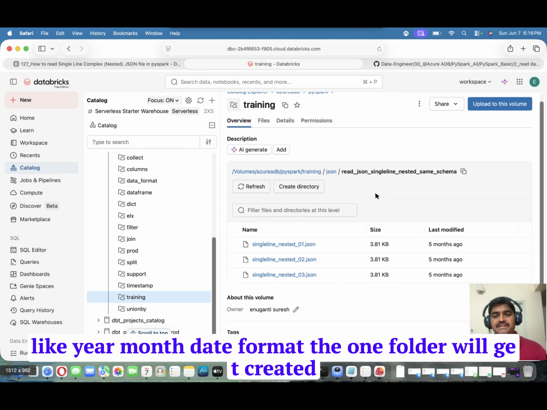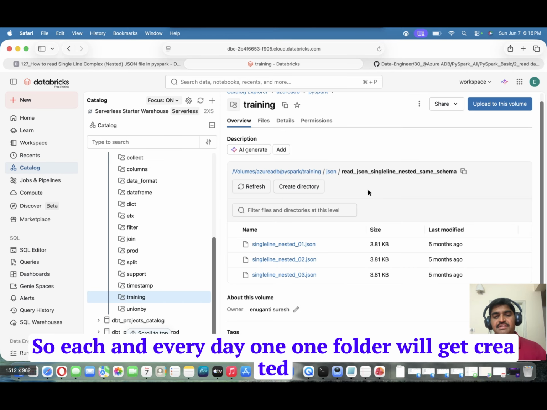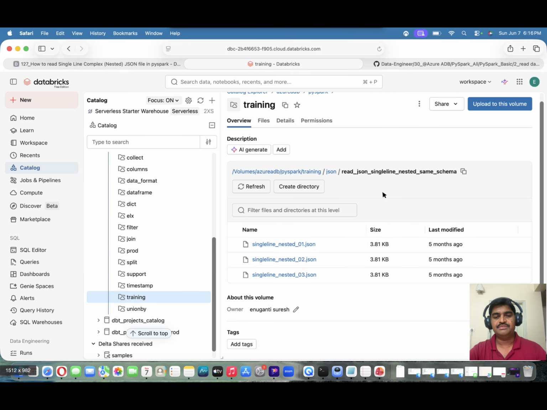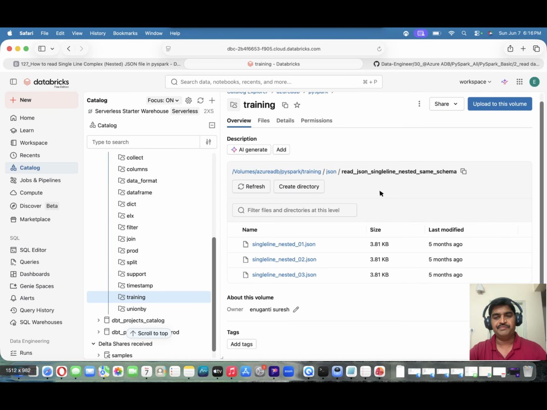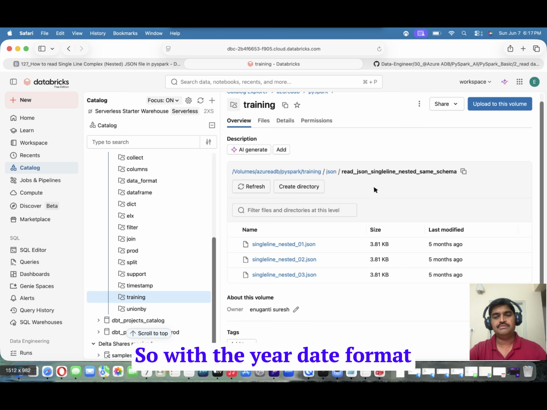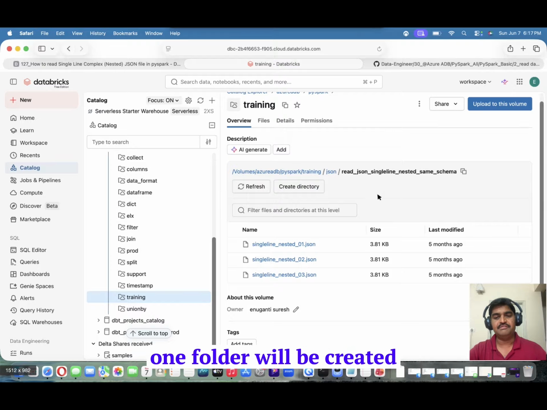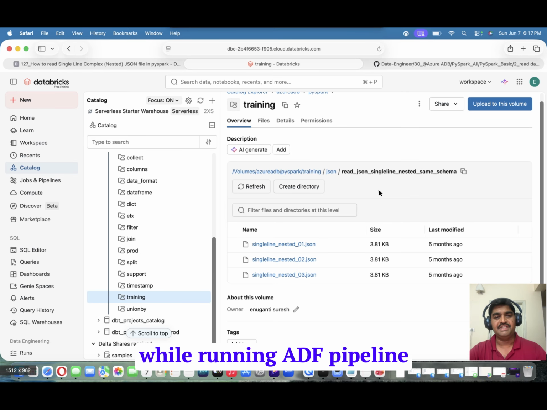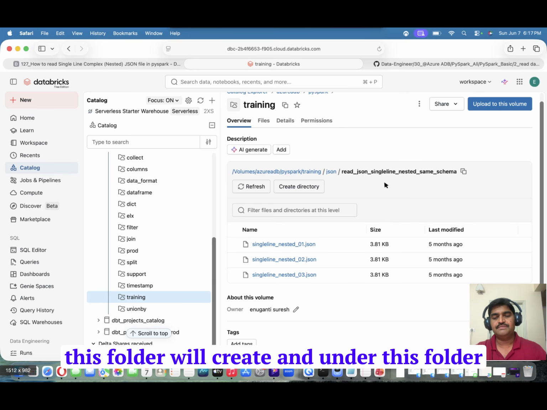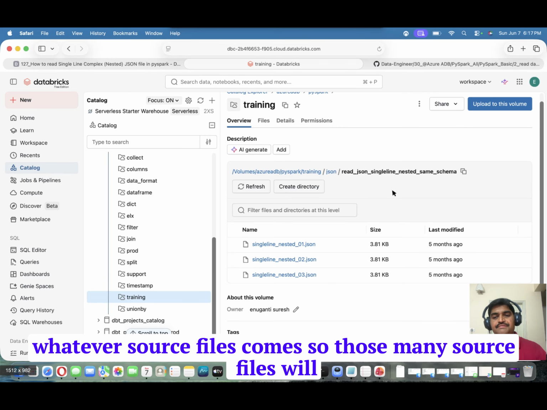Each and every day, one folder will get created. Suppose today is June 5th, 2026-06-05. While running the ADF pipeline, this folder will be created, and under this folder, whatever source files come,